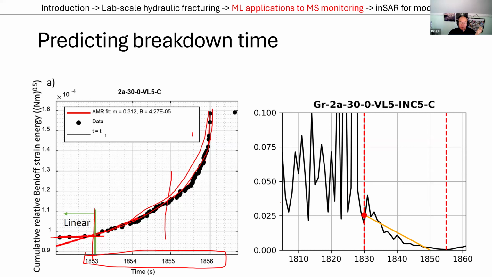Similarly, people have done an inverse approach. This comes from the slope stability world, where they monitor displacements of their slope. They turn that into velocity, and they take 1 over velocity. They make the argument that if you take this 1 over velocity, you can predict the time of the failure of the slope. It turns out you can also do this in the context of acoustic emissions. If you look at the rate of acoustic emissions and take 1 over that, the time that it reaches 0 is roughly where you have this breakdown time. But once again, the issue is this technique only really works in our data set at least 20, 30 seconds ahead of time,